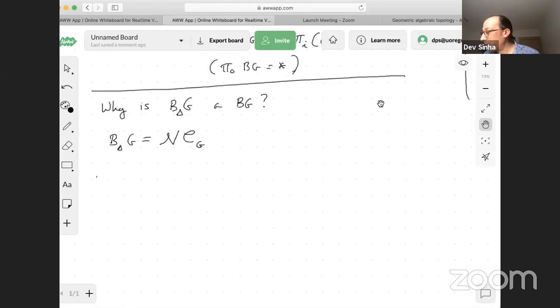I'll explain what these are in a second. In general, the nerve of some category C is the realization of a simplicial set built out of that category whose n-simplices